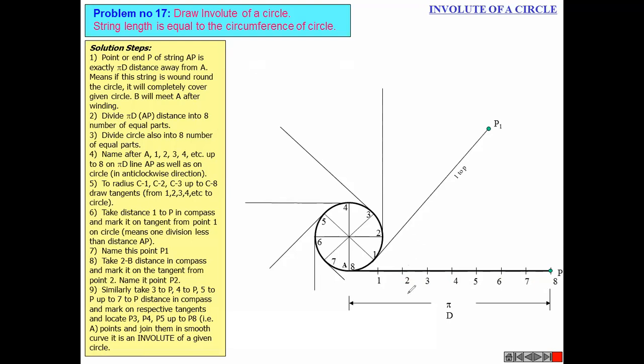Now distance will be from 2 to 8. Put your compass on point 2 here. Then mark that radius, like this. There seems to be some network issue. I don't know, still things are hanging too much. But you carry on. We'll keep doing like this only.